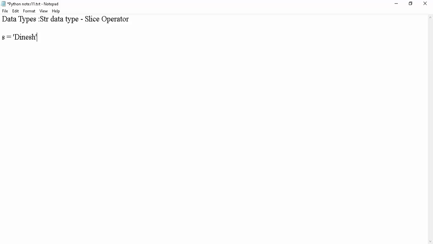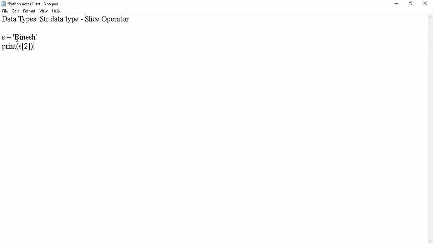This one is 0, 1, 2, 3, 4, 5. If I want the third character, I need to write print s of 2. If I want the fourth character, print s of 3. Likewise, sir.